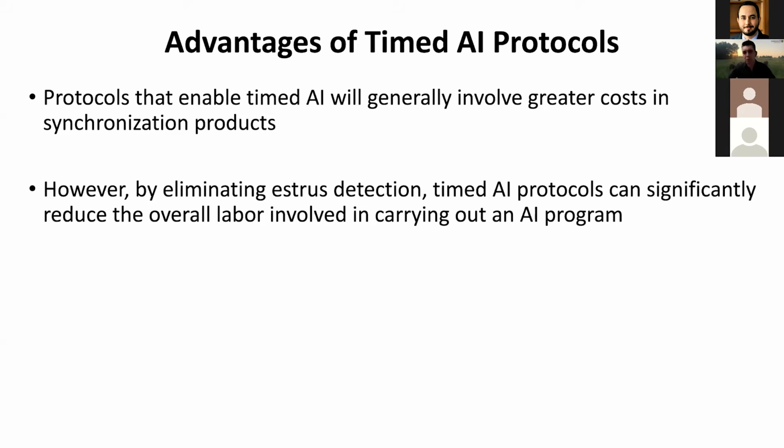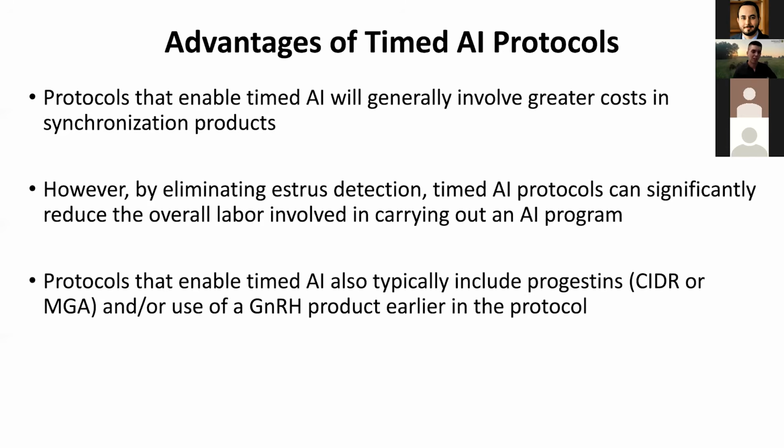Often, admittedly, in commercial producer, owner-operator type settings, you might be donating your labor to the operation at no cost, and I might discourage you from doing that sort of thing. But labor does have value, and especially if you're actually writing checks for labor, reducing labor is a big concern. There are some other advantages of timed AI that we could talk about, but this is one that really comes to my mind,